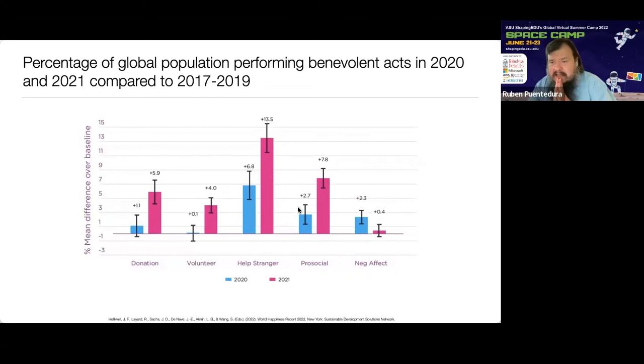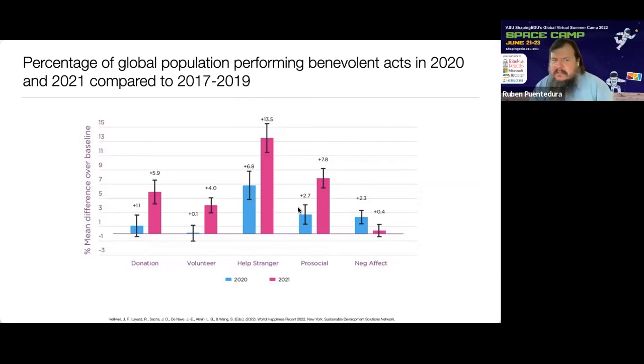The last one I mentioned is the future present of living. And one of the things here, I wanted to make clear that sometimes black swans don't look bad, but they may be unexpected. So this is a question of what happened during the pandemic. What did people value as, I'm doing good, I'm doing a good act? And here's the interesting thing. In the first year of the pandemic, in 2020, you see relatively small numbers compared to baseline. And in particular, you see a relatively large increase in negative affect, people saying all sorts of negative impact, impression type things.